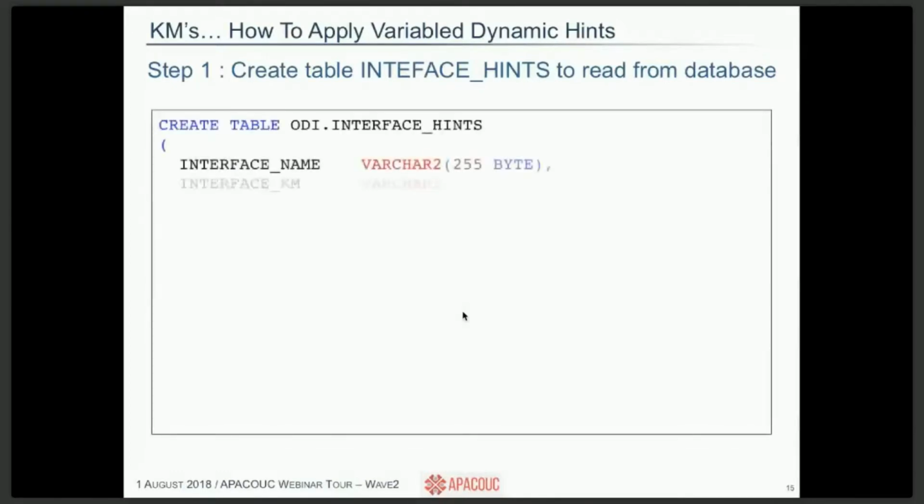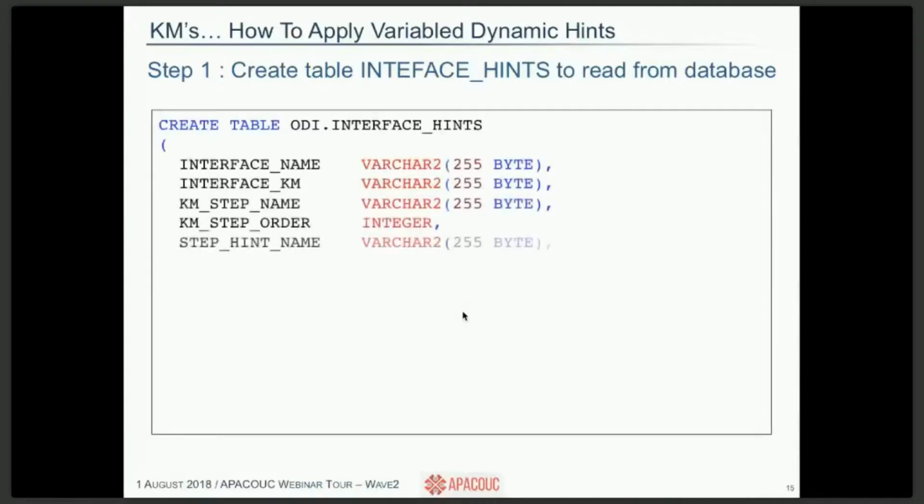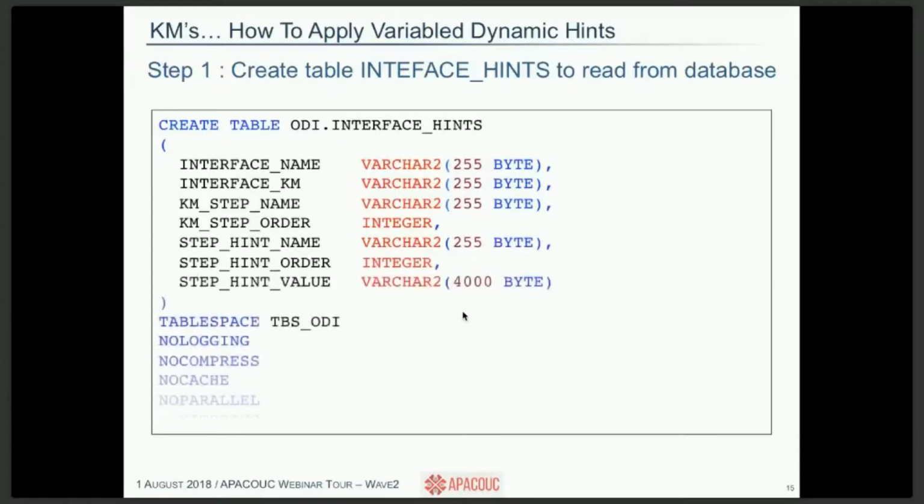So it goes like name of the interface, name of the knowledge module which the interface is using, of course the knowledge module step name, order, hint name, because there could be more than 2 hints depending on the knowledge module's algorithm, and it can be used in any knowledge module, either customized or out of the box, and you have to customize it to be honest, and the value of the hint and also the order, because there could be more than 1 select within selects, and